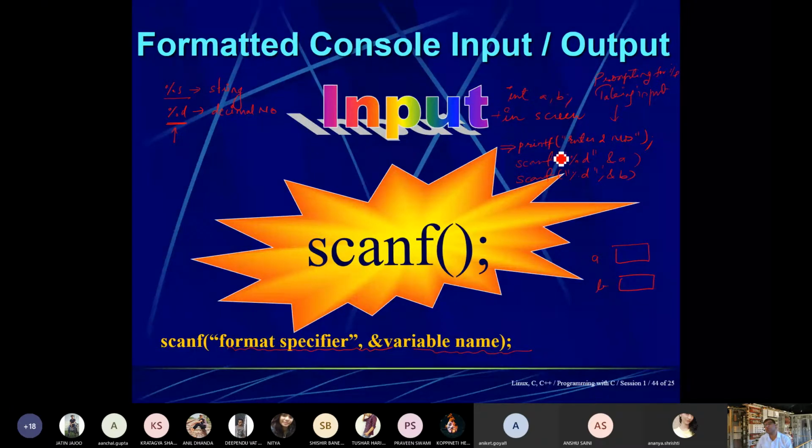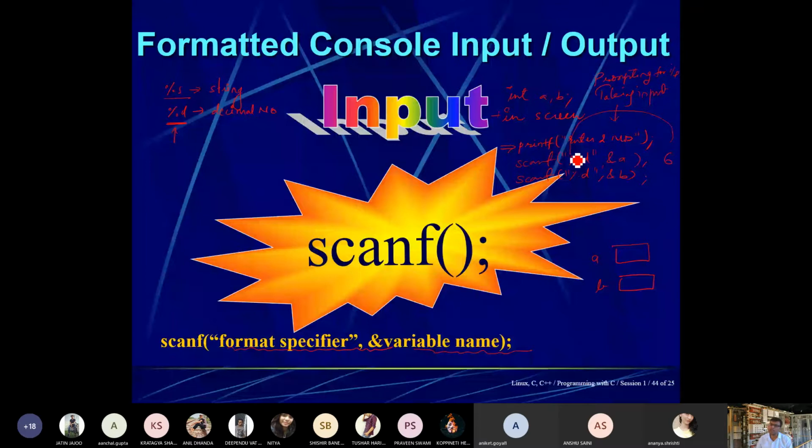Then the user is prompted to enter two numbers and the cursor starts blinking. As soon as you give the value 6, this 6 is transferred to %d, which refers to the address of A. So it will be stored here. Now suppose 25 is given at this place.